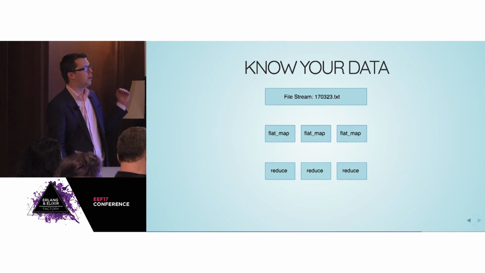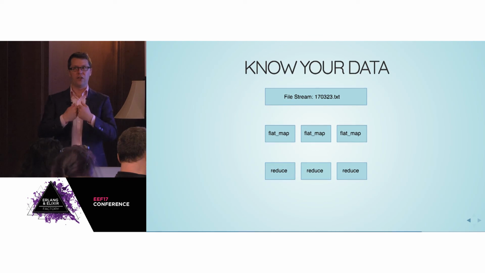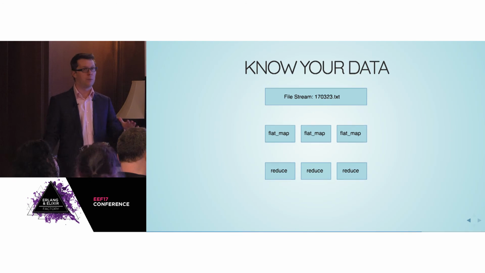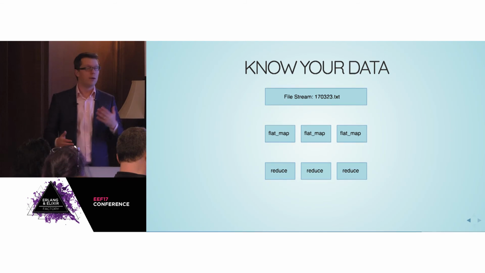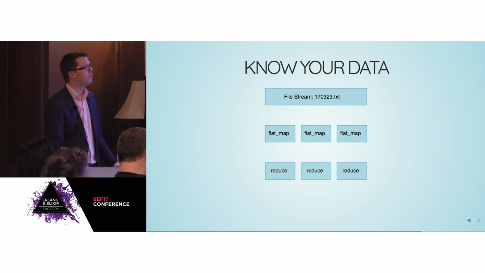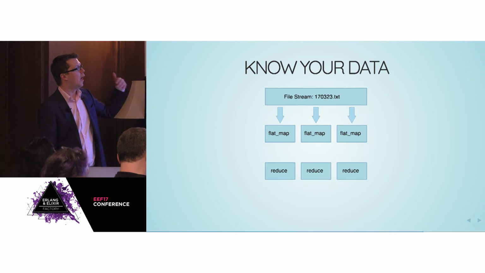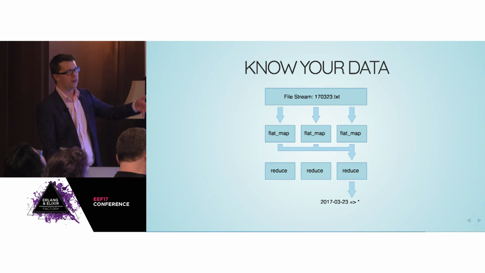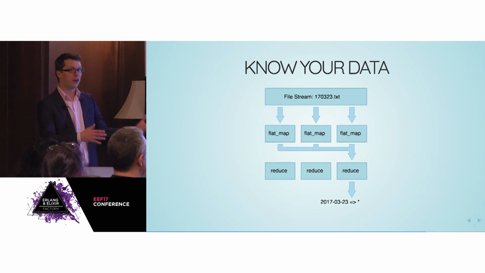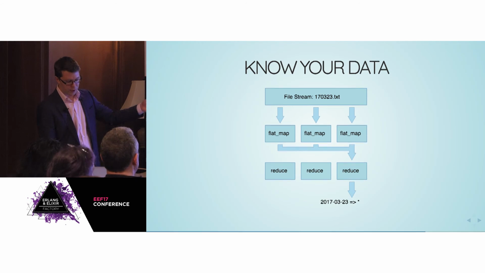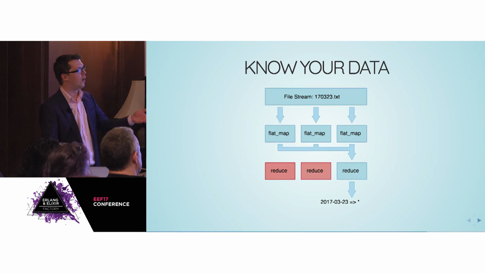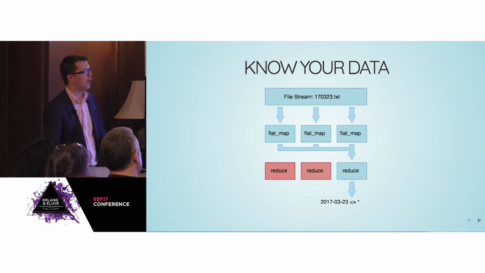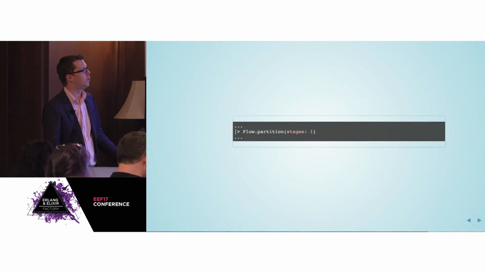And this was entirely because of the structure of my data. So this is another key takeaway: whenever you're setting up these pipelines, you've got to know your data, and one size is not going to fit all with these pipelines. What was happening for me was that I would take a file for a certain day. I would send that to multiple mappers, and Flow is setting up multiple reducers as well. But because the key for 99% of the data from a certain day is going to be the timestamp of that one day, almost all of the data goes through one reducer, and we're not taking advantage of the other processes that were being set up.